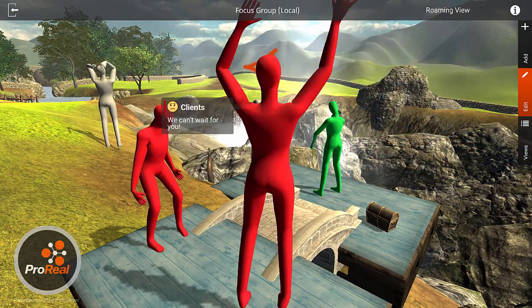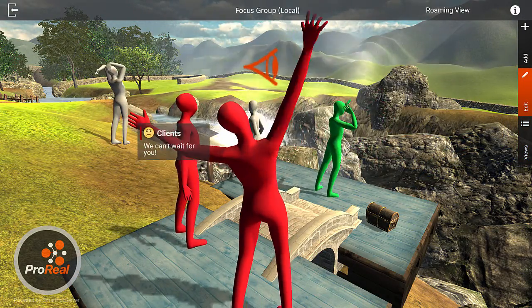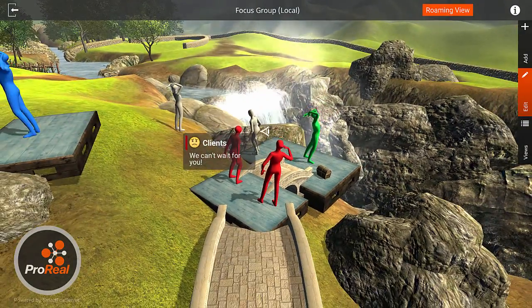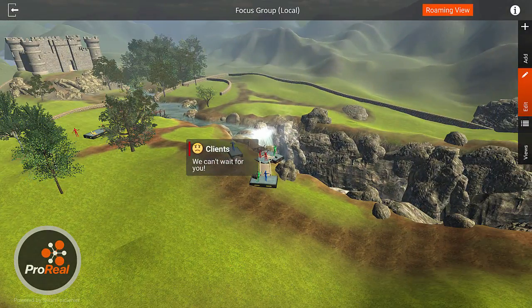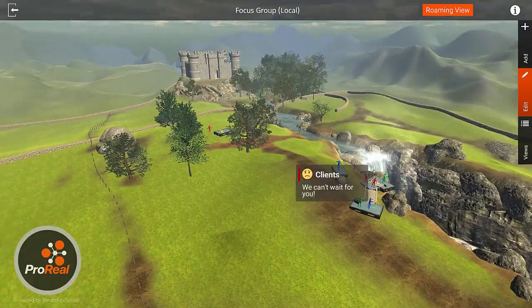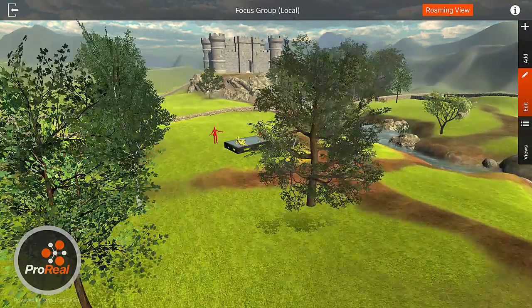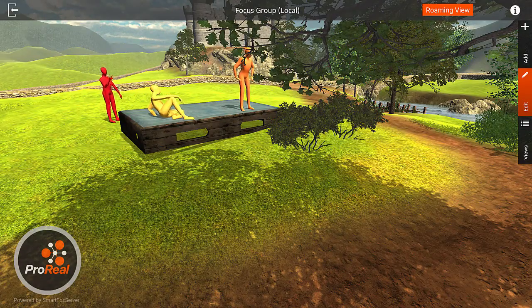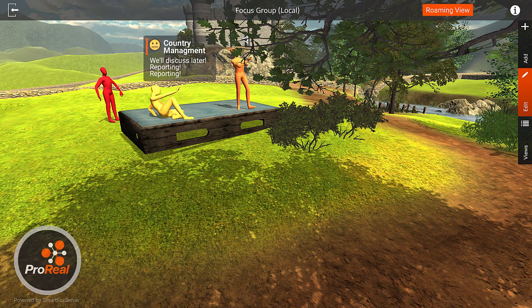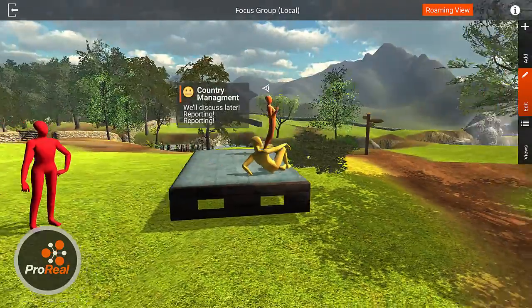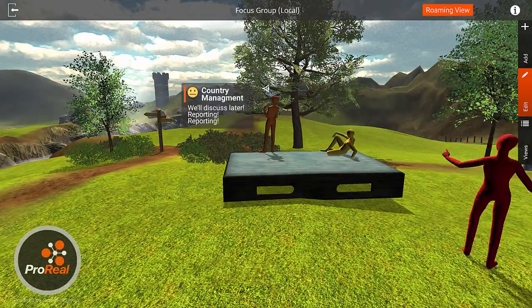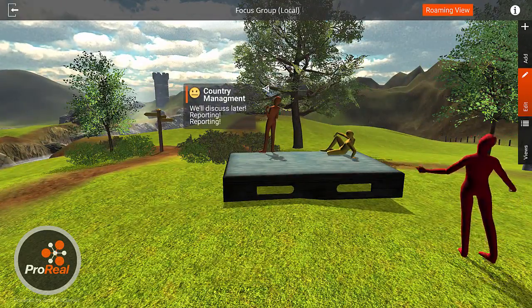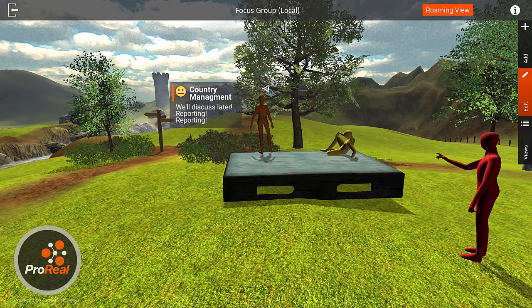Clients were positioned over a bridge being hounded by the competition, while the sales team was placed on the edge of the cliff trying to communicate on the very challenging circumstances. The focus group positioned the management team far away up the hill and almost out of sight. This feedback was an eye-opener to the managers when they saw the session. This enabled the difficult leadership issue to be raised and then resolved over time.